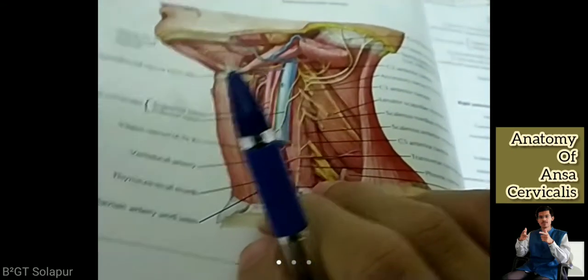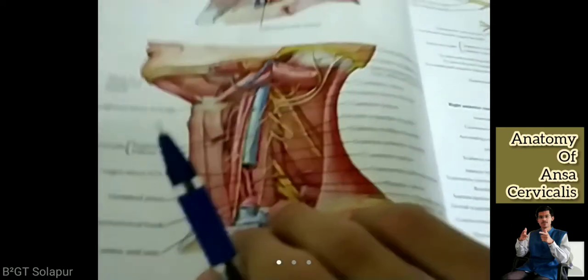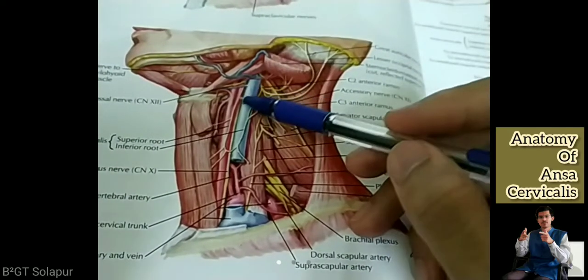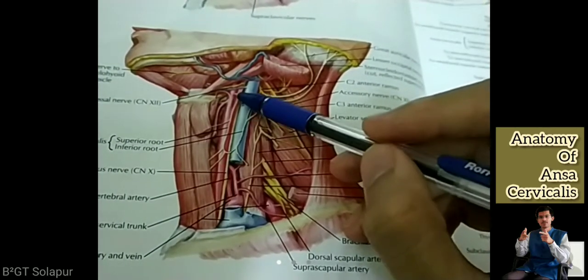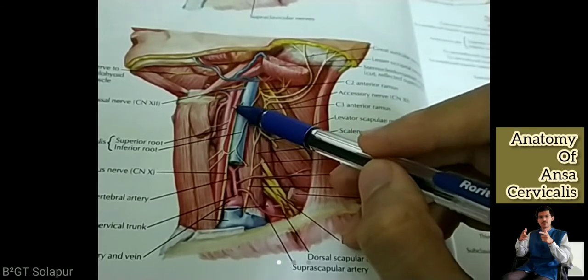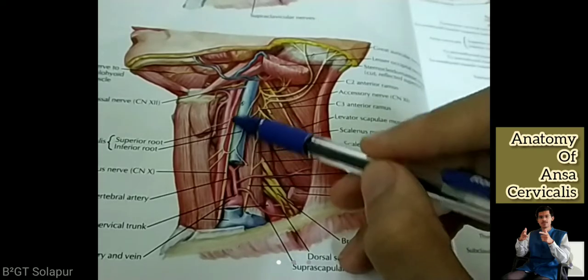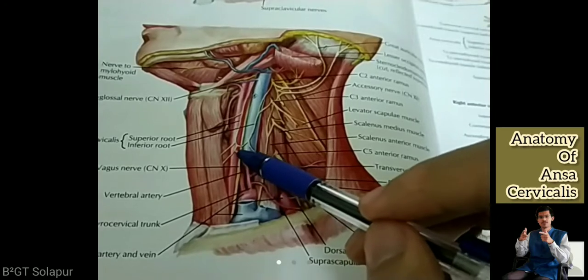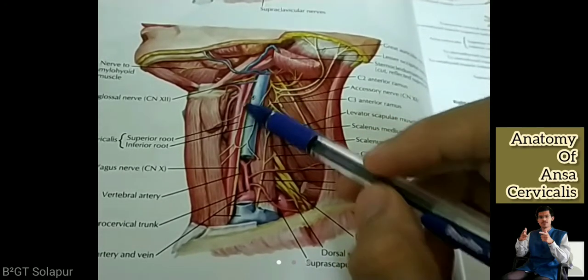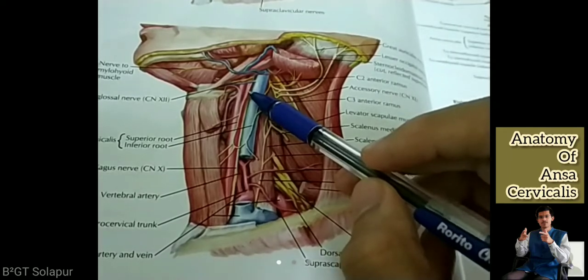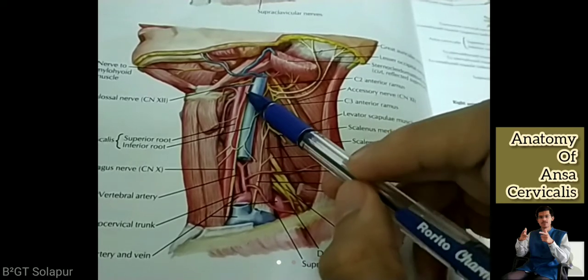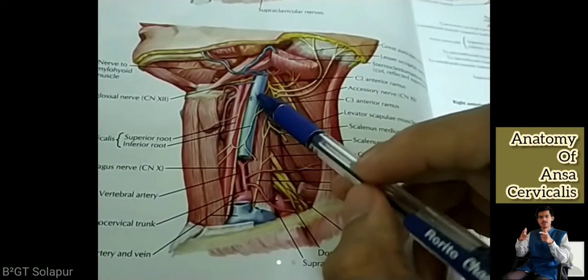Just now I was telling you a few facts of the formation or position of the ansa cervicalis. I said that its path is over the internal carotid and the common. Can you see this? There is a division here, internal carotid and external carotid. Here they start dividing. So this is the common carotid artery. It has already been labeled in this diagram. This further divides as external and internal. The external carotid is this, and the internal carotid is near the internal jugular vein. Do you recall?